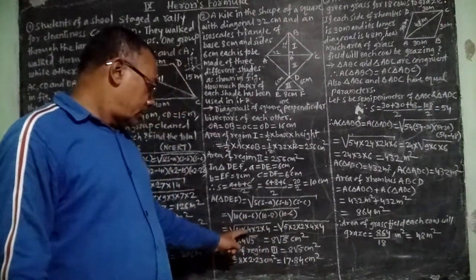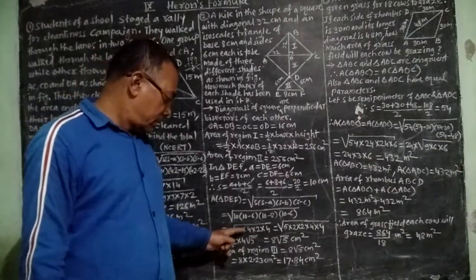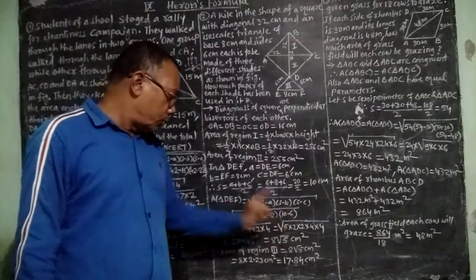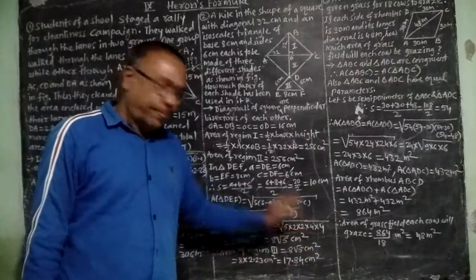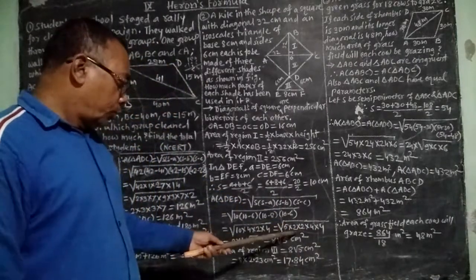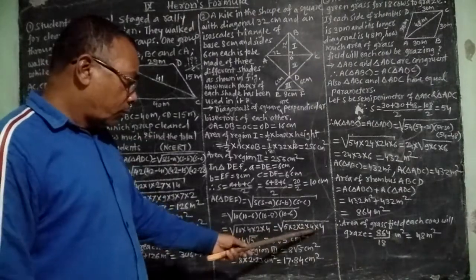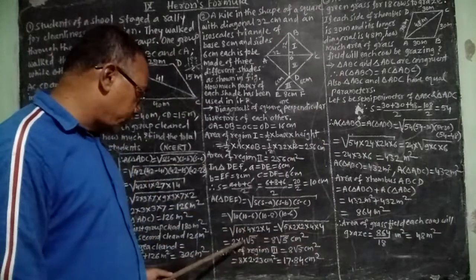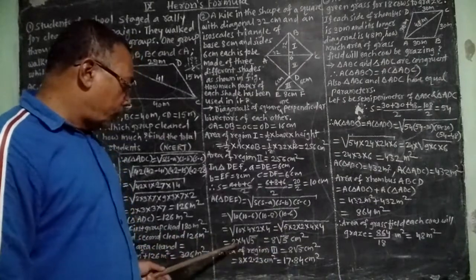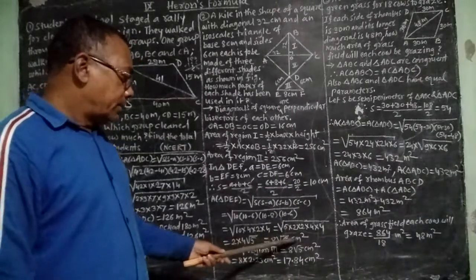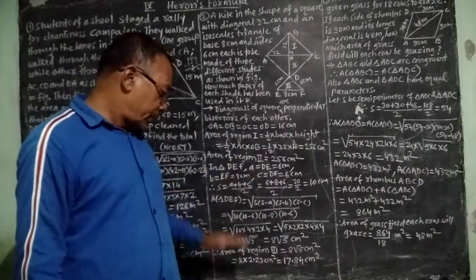Here 10 can be written as, or we can factorize 10, we will get 5 into 2. Then I have written here 2. Then 4 into 4 as it is. So here 2 to the power 4, so square root of that is 4. Again 4 into 4 is 16, square root of 16 is 4. And write root 5 as it is. So 2 fours are 8 root 5 centimeter square is the area of region 3.